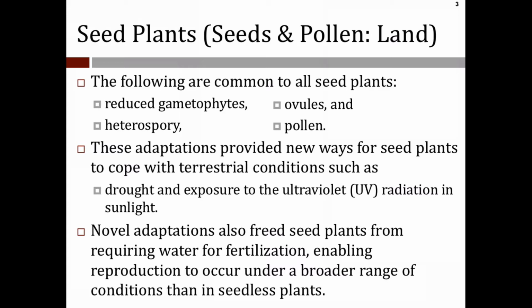Next, I'll get to the way in which seed plants have been botanically classified. Botanically, seed plants have been divided into two major groups, the gymnosperms and angiosperms. Before I get further into that, I'll speak to a few differences seen in the two groups. Gymno means naked and sperm means seed, so gymnosperms are the naked seed plants. Those seeds are borne exposed on scales of cones. There is no ovary wall that surrounds the ovule.